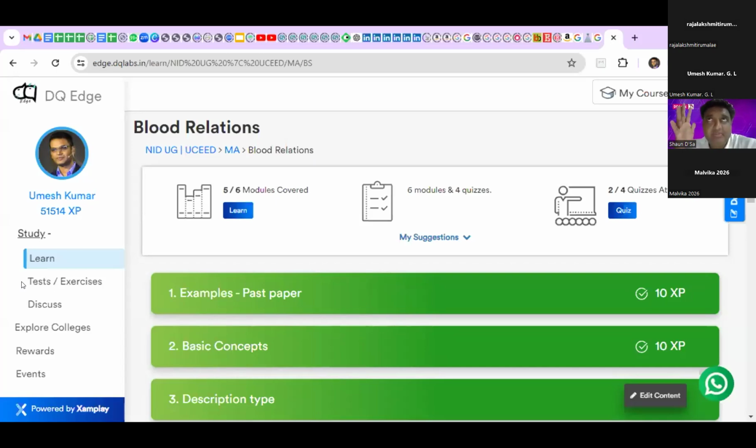So subjective thinking is, once you've gone through the entire set of exercises that we do, all the creative thinking exercises, design problem solving exercises, you will learn how to answer if something new is thrown at you. You should be able to think fast, adapt fast, answer fast. Now, this is for the NID.